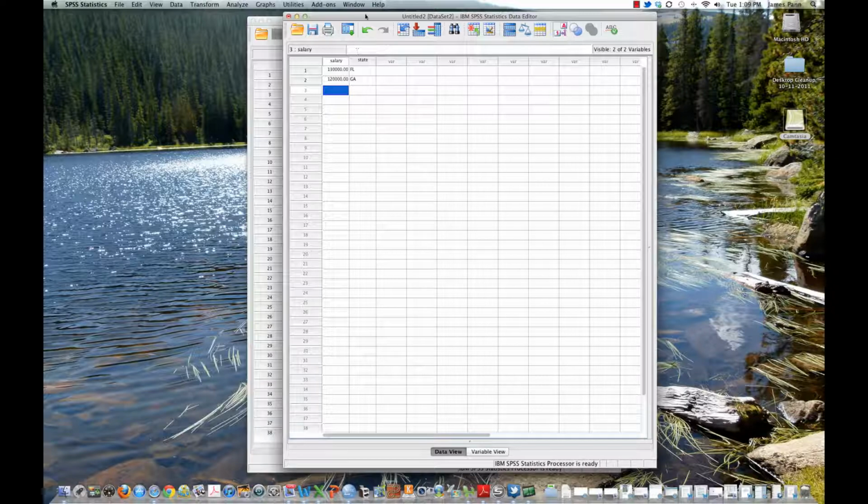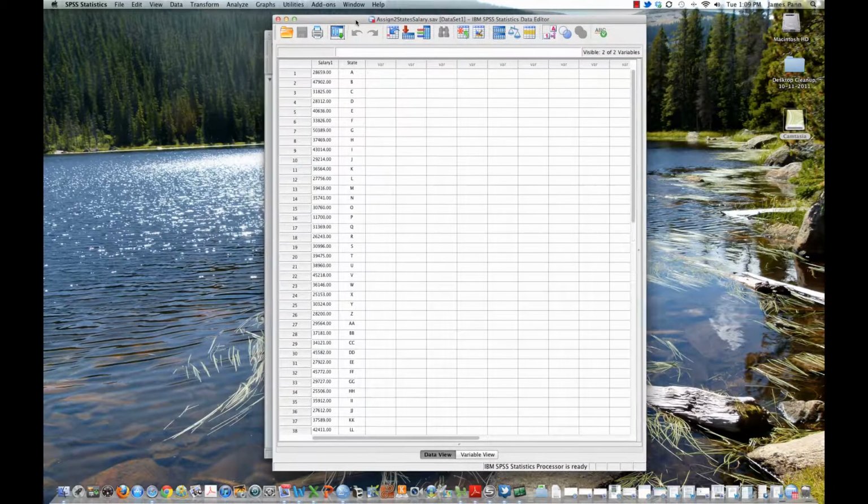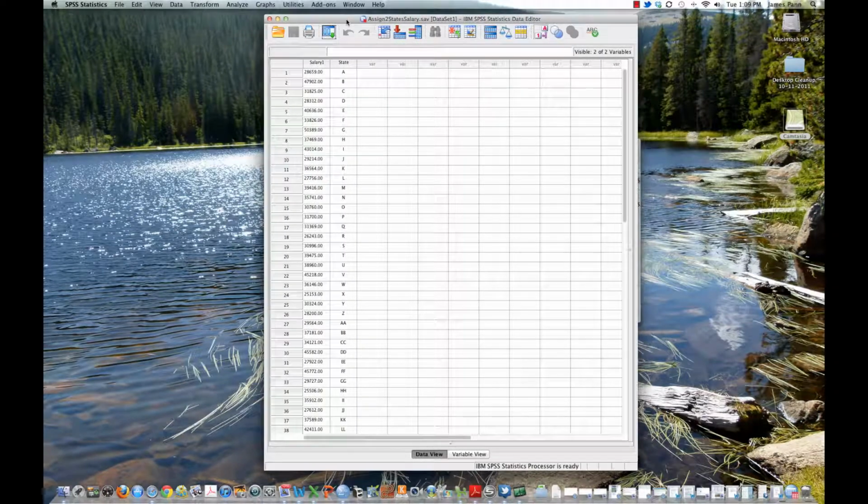All right. So once we have that all set up, it will look something like this. In the background is a picture I took from Colorado recently from a trip, a lake that we hiked to. So you can see part of that in the background in case you're wondering. So we have all the different average salaries here. And so how do you get some kind of picture of the salary? Like how do you get a sense of what you have here? How do you summarize it in some way?